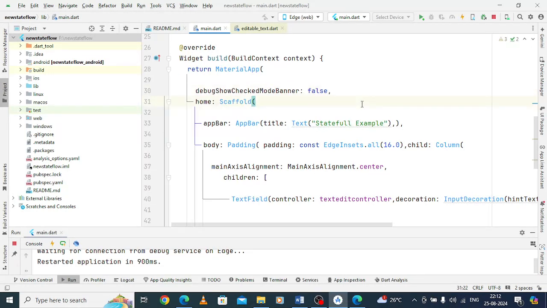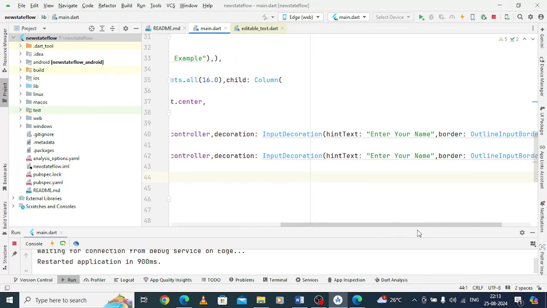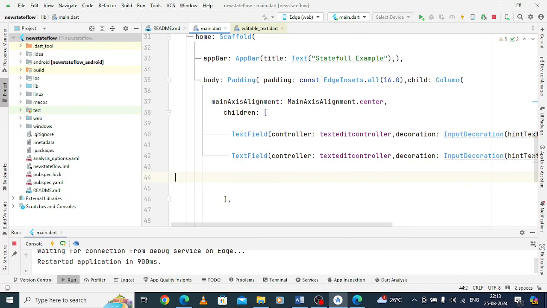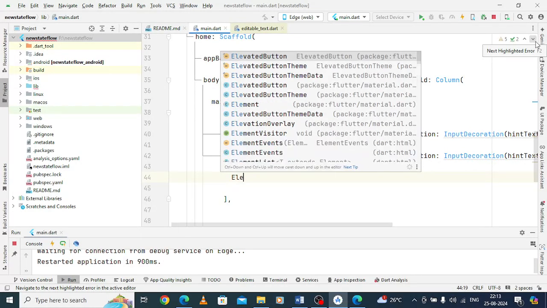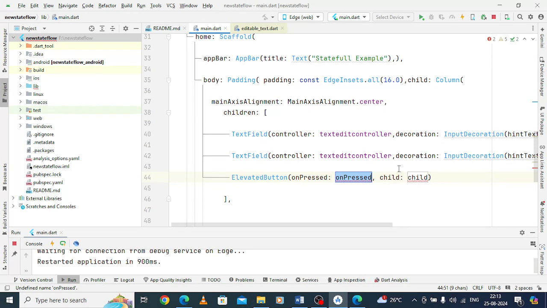Let us start here. If we go with any login form, you just need to make two text fields. So just copy and paste it, and you need one more thing, that is called an ElevatedButton. We can go with that ElevatedButton, and here we have nothing at this time. Under onPressed, you can give the method, I will describe how. And on the child you have to give